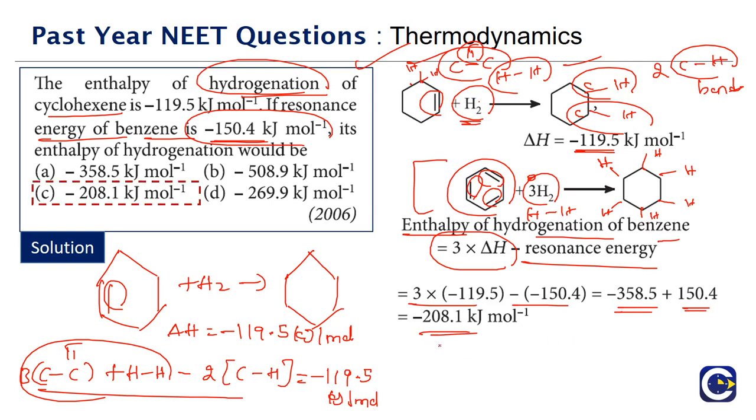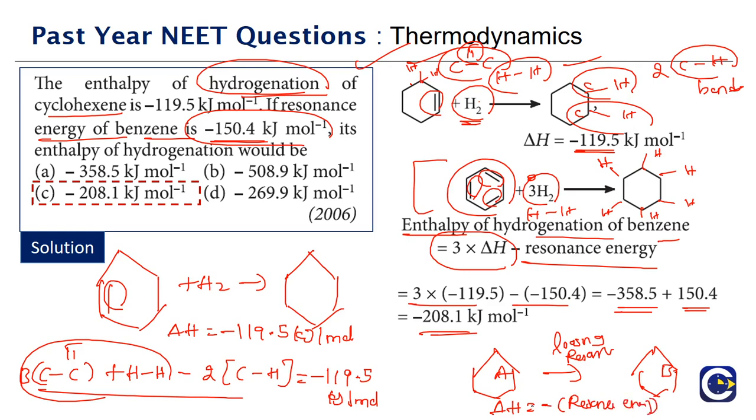So whenever we look at resonance stabilization, let's say there is a compound A, and it is losing resonance to produce compound B simply. Then for this reaction, assuming there is no bond change or anything, what will the delta H value be? The delta H value will be equal to minus of the resonance energy. If the resonance energy here is minus 150, what will the delta H value be? Minus of minus 150 means plus 150, because that indicates we have to supply this much energy. That much energy will be absorbed.